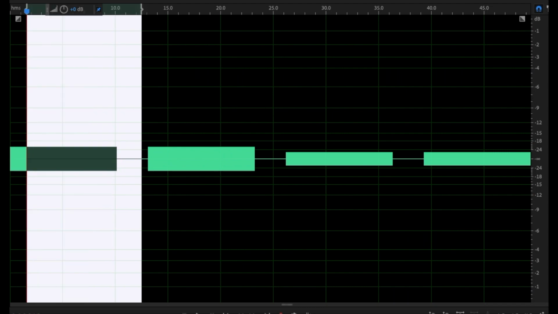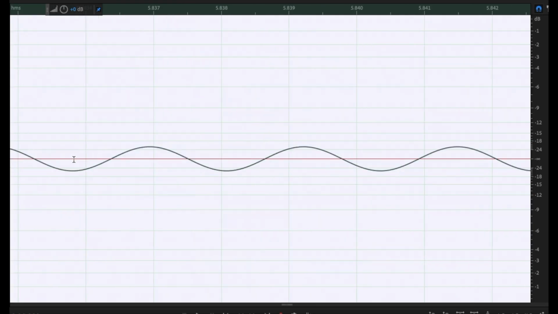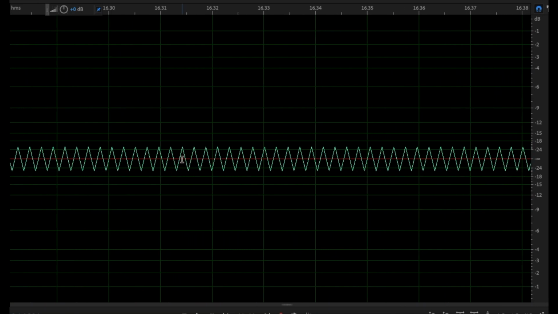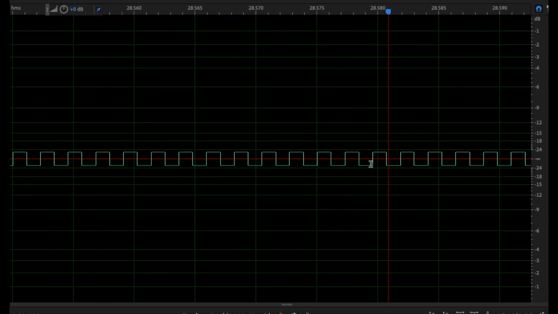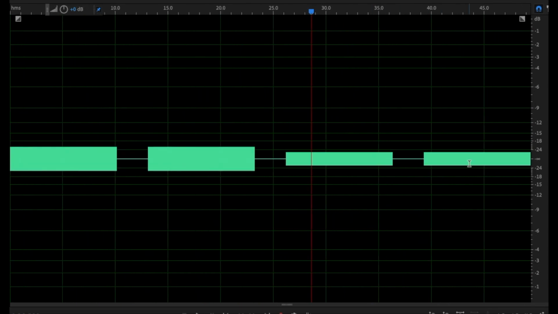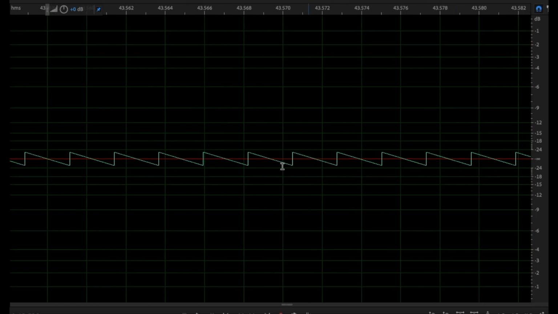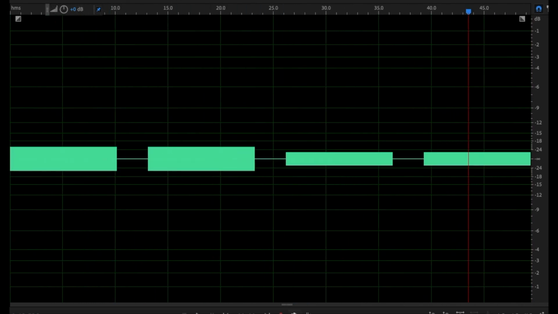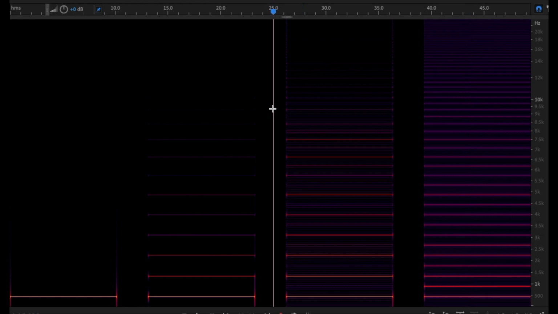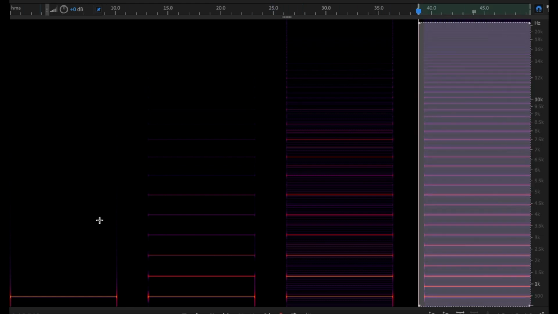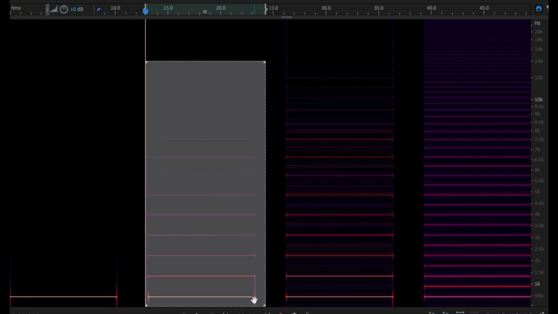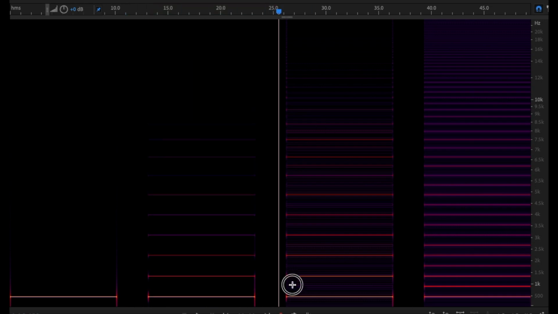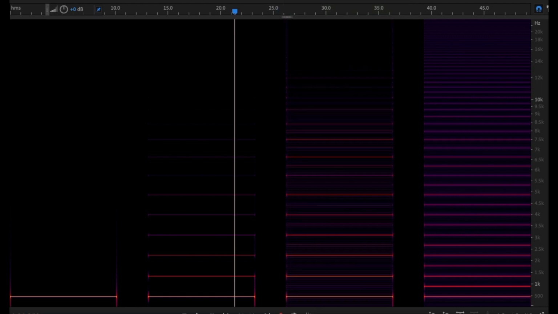But I want you to remember these basic waveforms: sine wave, triangle wave, square wave, aka pulse wave, and sawtooth wave. And I want you to know what their basic harmonic scheme is like, what their spectra look like. So sawtooth, all the harmonics; sine wave, only one partial; and the triangle, odd harmonics, quieter and less high; and the square wave,